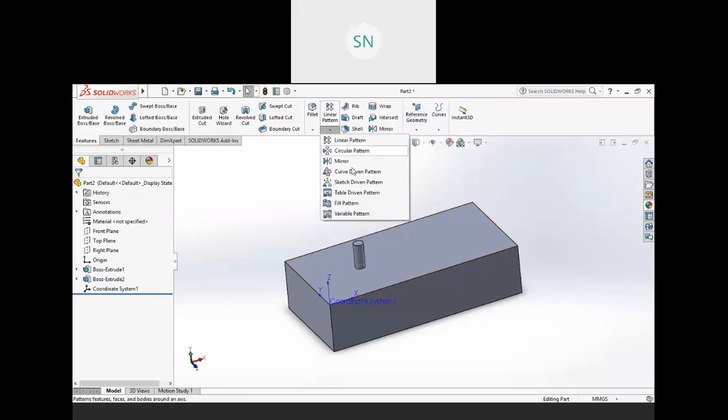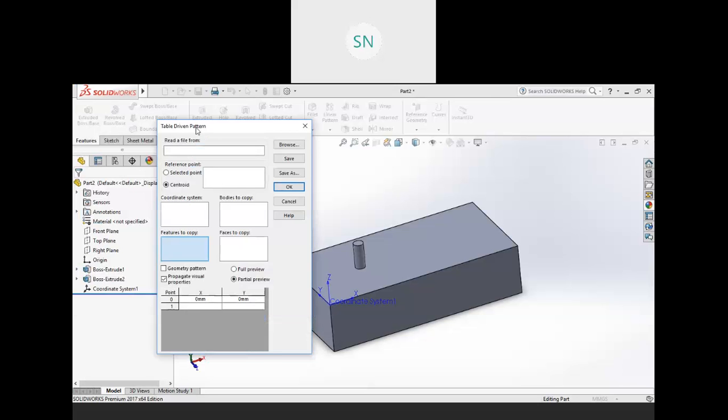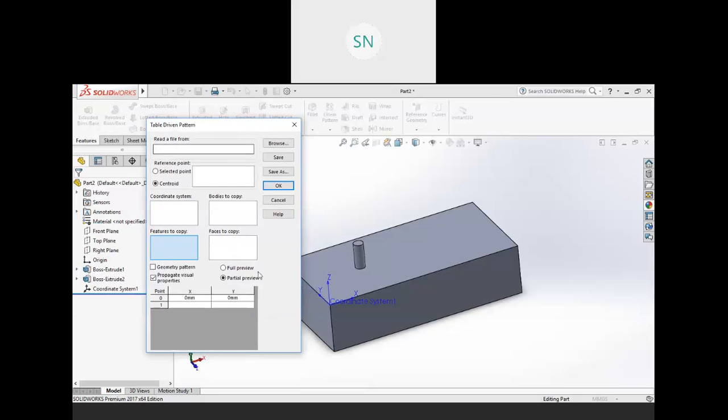So now go to the table driven pattern. So here don't panic.